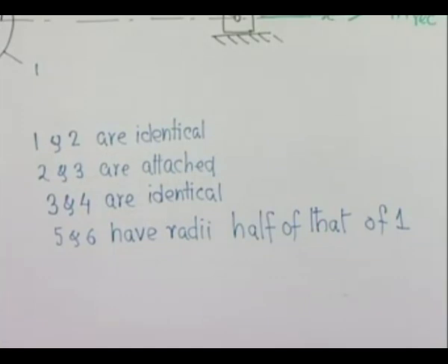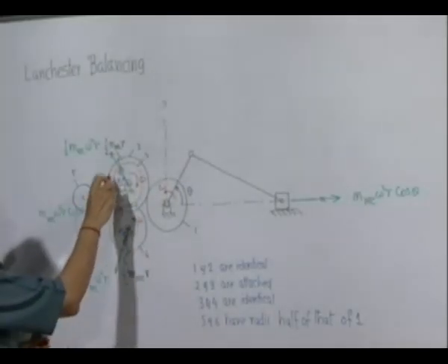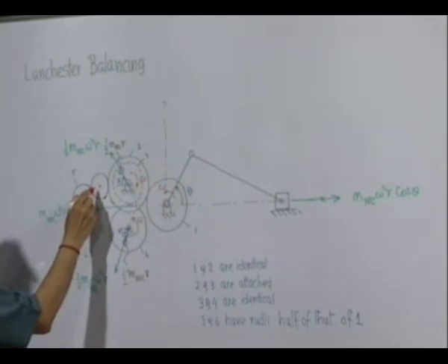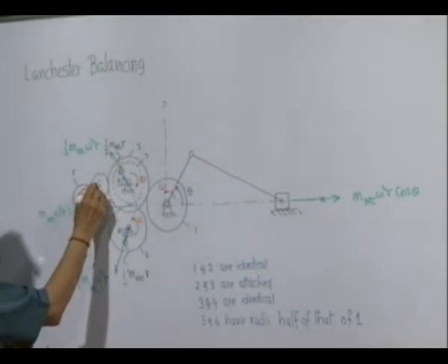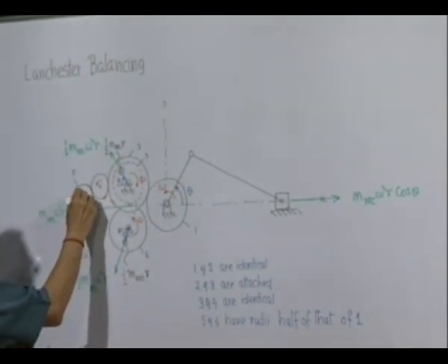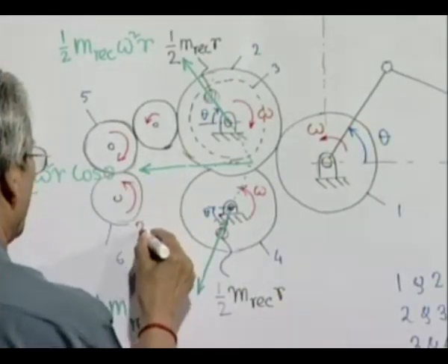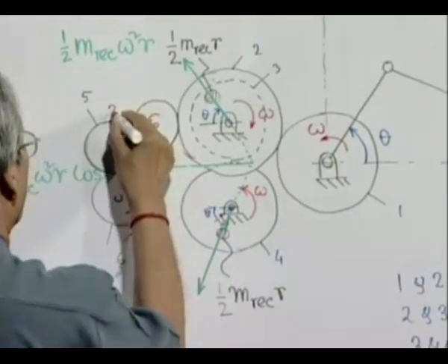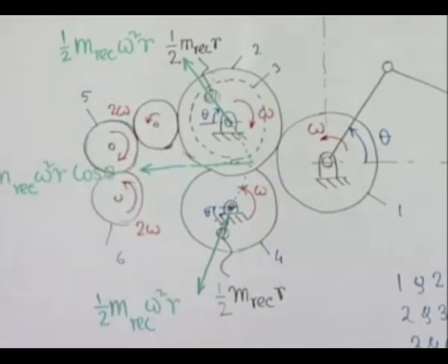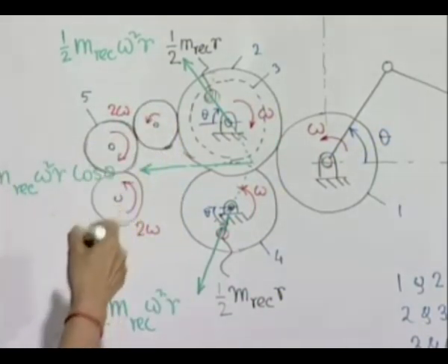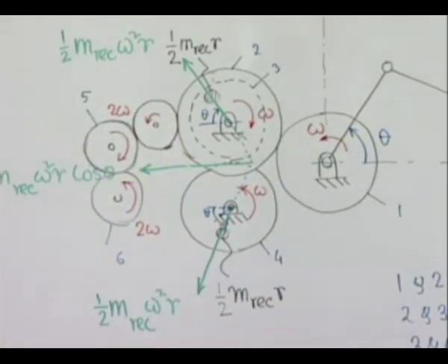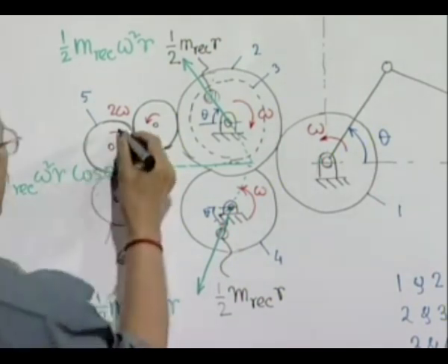So, what will happen if this is rotating with an angular velocity omega in this direction? This is an idler gear. So, this will rotate in this direction, then this will again rotate in this direction and this will rotate in this direction, but the speed will be now 2 omega. So, these two gears will rotate at speeds double the speed of the crank, and what we can do,